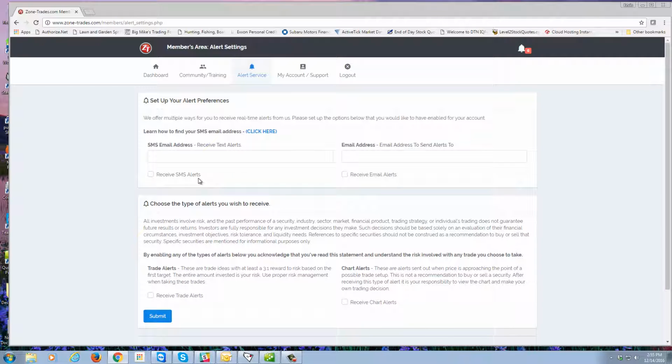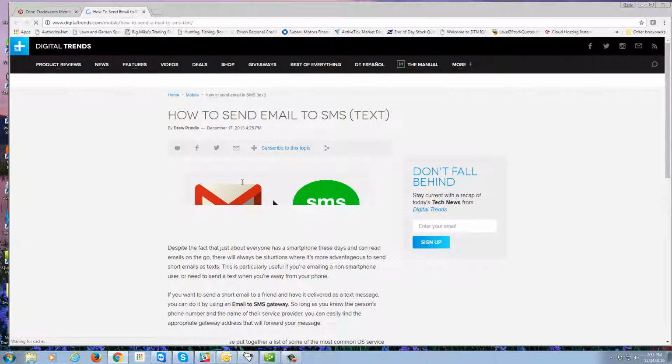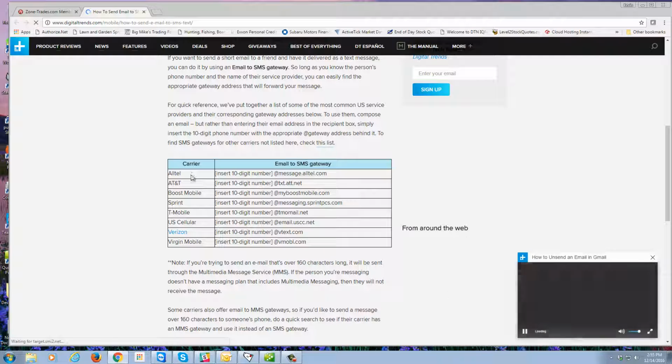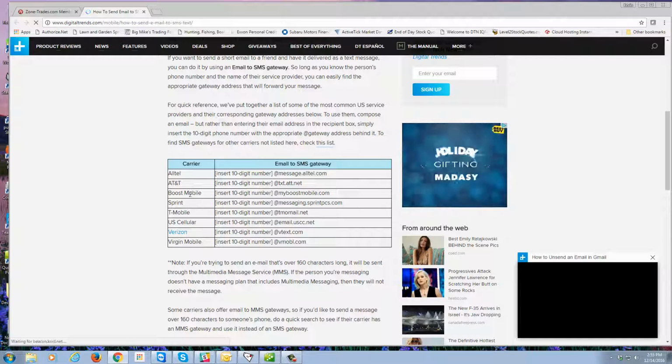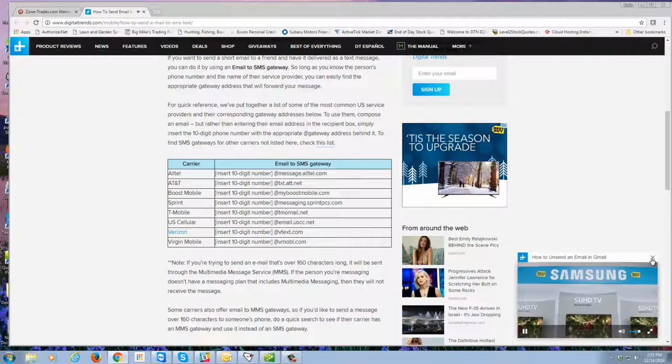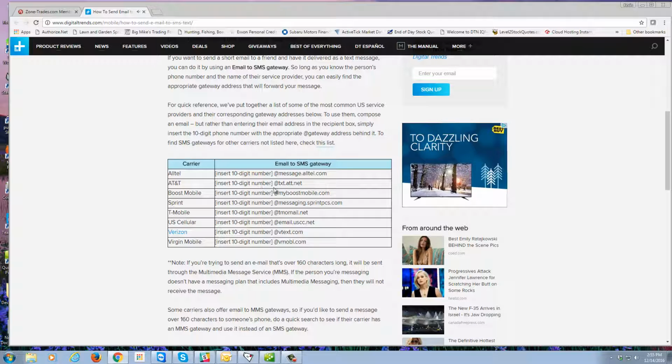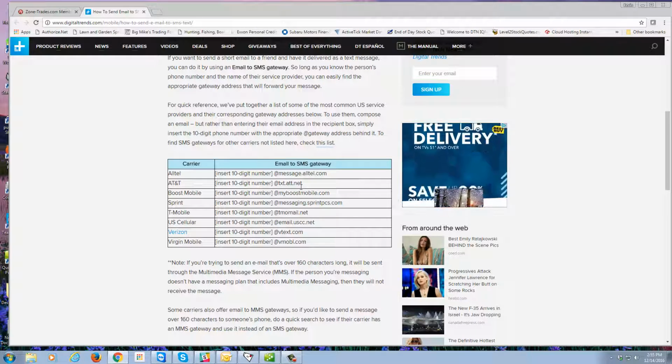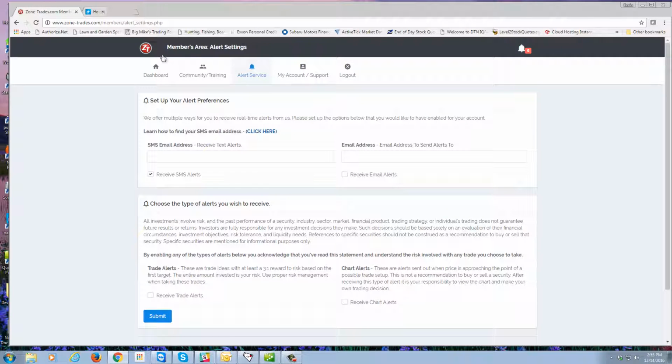If you want to receive SMS alerts, you check the box for Receive SMS Alerts, and this is only if your phone provider has an SMS gateway. If you don't know what it is, to find out, just click here and scroll down a little bit, and it shows all of the major phone carriers. So let's say you have AT&T, it'll be your 10-digit phone number at txt.att.net. So that's what you would type in right here, your phone number at